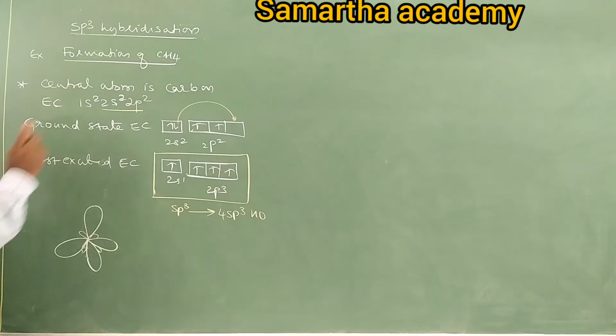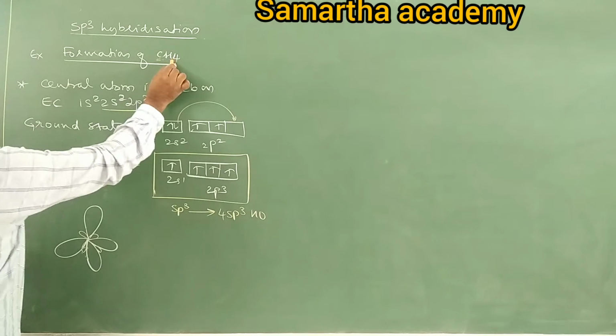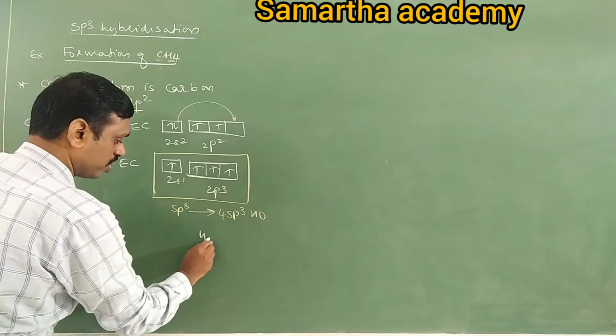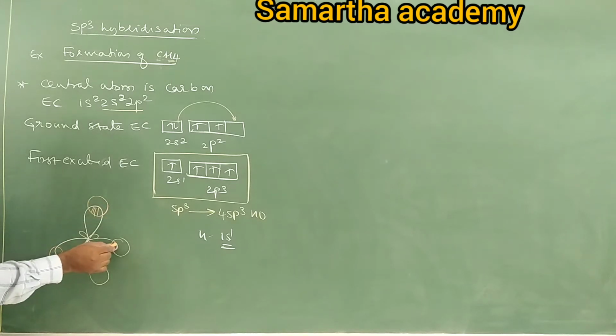Okay, now come on, tell me, this is about the central atom carbon. Then this central atom is surrounded by how many hydrogen? 4 hydrogen. But we know that each hydrogen has 1s1 electronic configuration. That means each hydrogen has a half filled s orbital. There are how many hydrogen? 4 hydrogen. Then 4 hydrogen having 4 s orbitals. Those 4 s orbitals overlap with sp3 of carbon. So which overlapping is it? sp3, yes, it is sp3s, sp3s, sp3s.